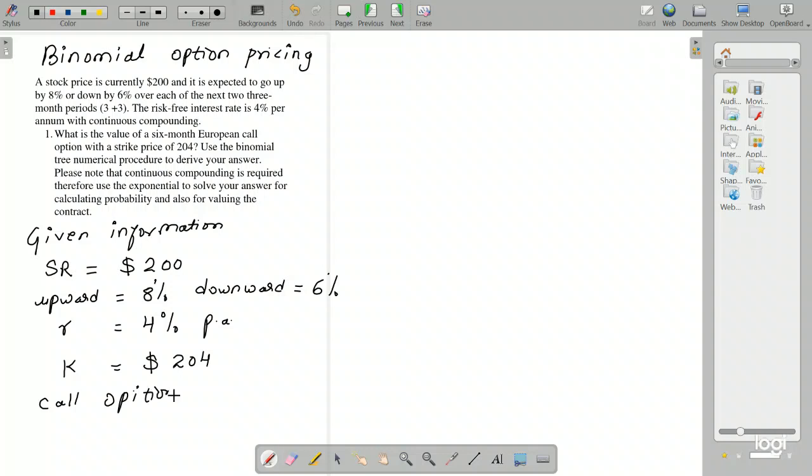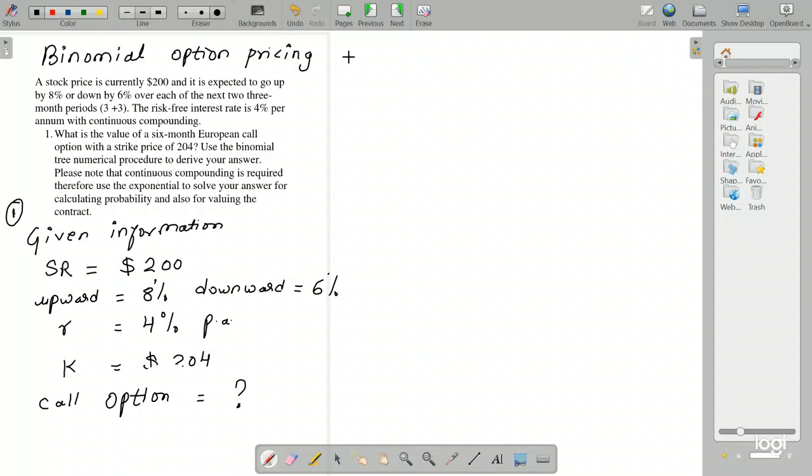So the whole quest is to find out what the correct value is that I should be ready to pay today. What happens in the binomial option pricing model is that with all of this given information, you are trying to project the future outcome. You're trying to project the future cash flows. Based on those future cash flows, you are going to find the value of the option. So this is what we call the first step. Our first step of writing the given information is done.